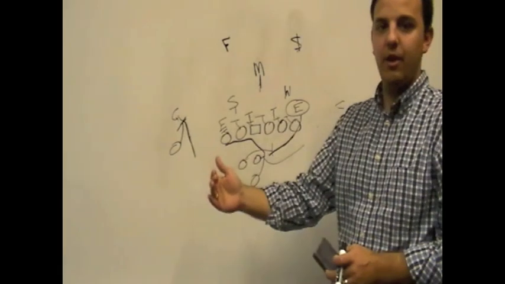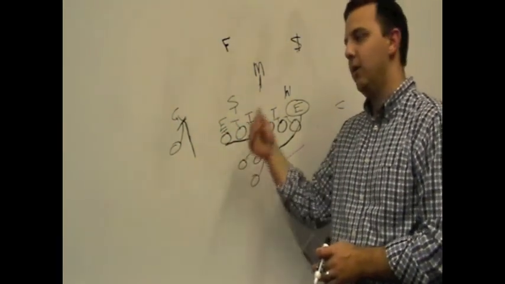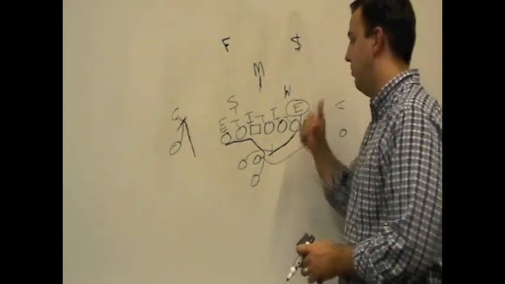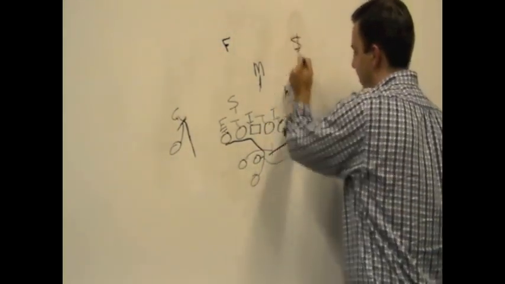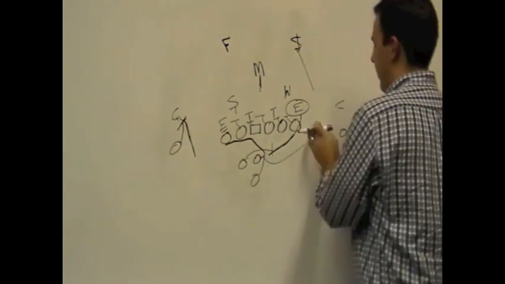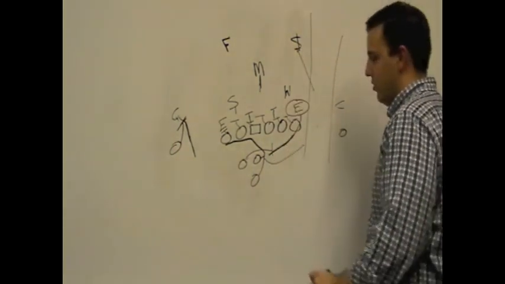They're looking at places they're not supposed to look. They're watching the backfield rather than watching their key from the tight end or the wide receiver that's supposed to be telling them what the play is. So this guy reads his key, and then he's going to fill up here in this alley. And this alley is really important because this is where that quarterback's going to try to attack